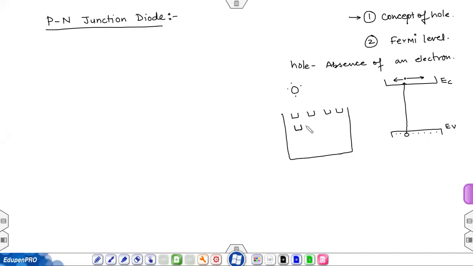You have 100 chairs in the cinema hall like this, and suppose on every chair a person is sitting, and that person is not differentiable. Let's say all the persons sitting on the chairs cannot be differentiated. Let's say like all electrons are the same size, same shape, same weight, everything is same. Similarly, the persons are sitting on every chair, and they are the same weight, same face, and everything is same.